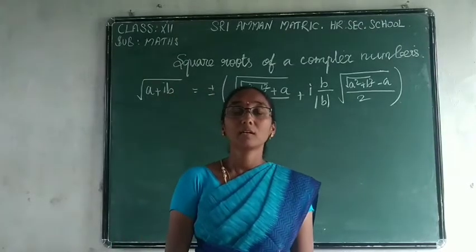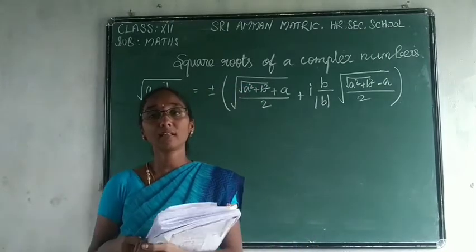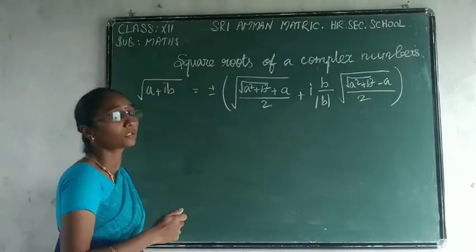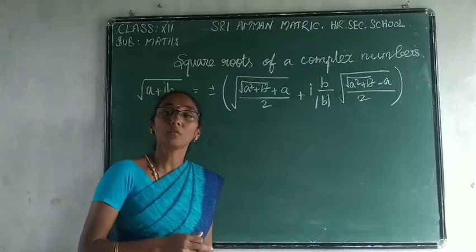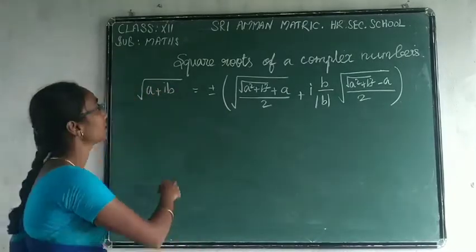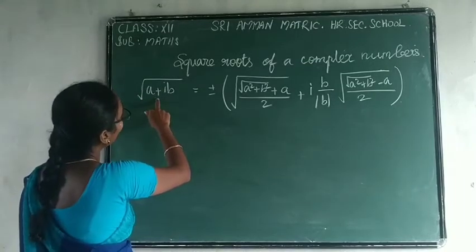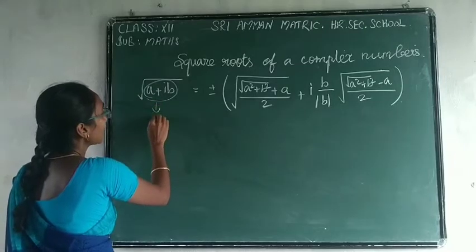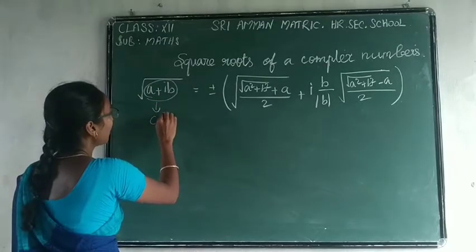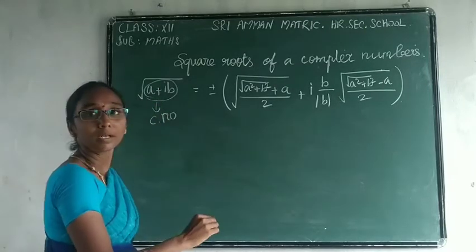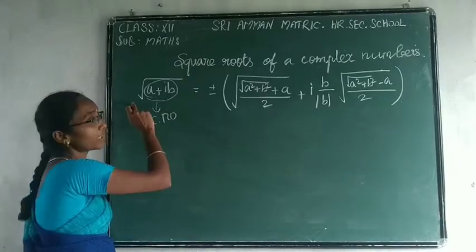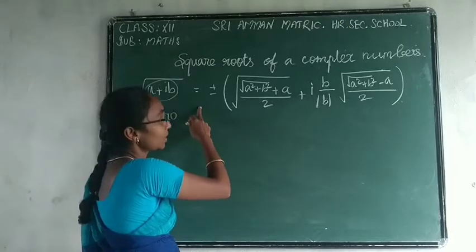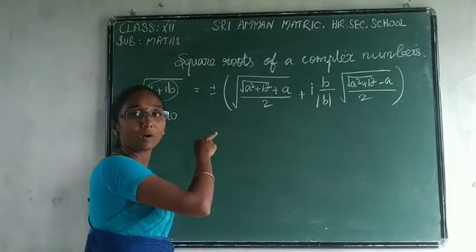In this class, we will see what the square root of a complex number is. Okay, what is the square root of a complex number? Listen, root of a plus ib. Here, a plus ib is a complex number, and we need to take its square root. So the square root of a plus ib is equal to, using the formula,